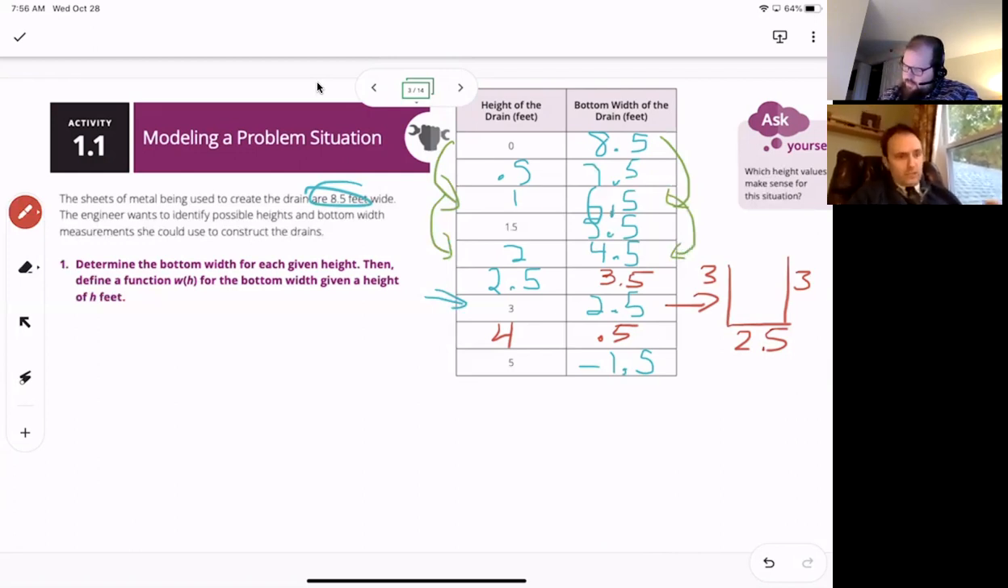So determine a function w of h for the bottom width given a height of h feet. So we said that it was going down 2 for every 1, so that'd be a slope of -2. Yeah, which we already did because we multiplied the height by 2, right? Yep. So really what we did, which might make more sense, is we took the 8.5,